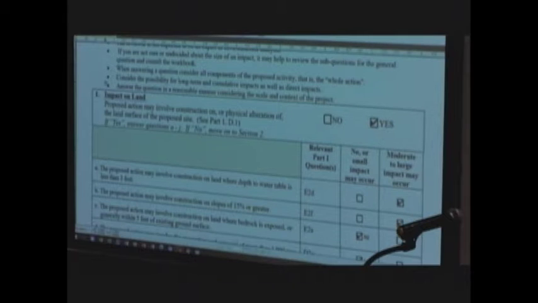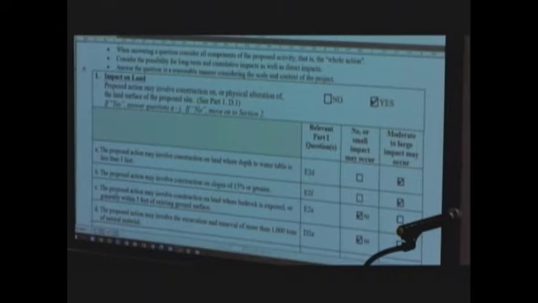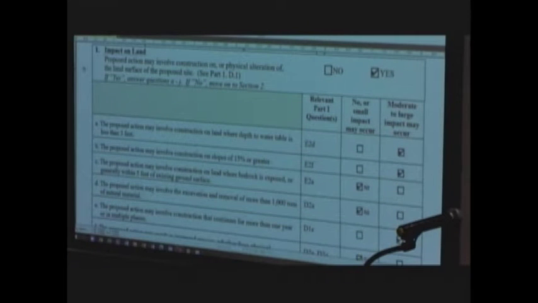Under Part 2, the way the SEQR process works is they go through various potential impacts: impacts on land, air, resources, aesthetics, all of those. I just want to walk through what we've identified. Impact on land, obviously this is a construction project, so there's going to be disturbance on land. They walk through each of these different components. And